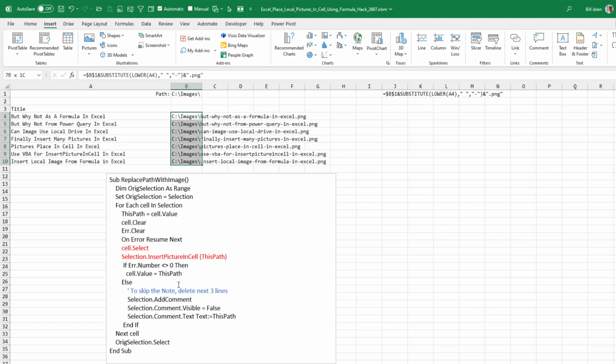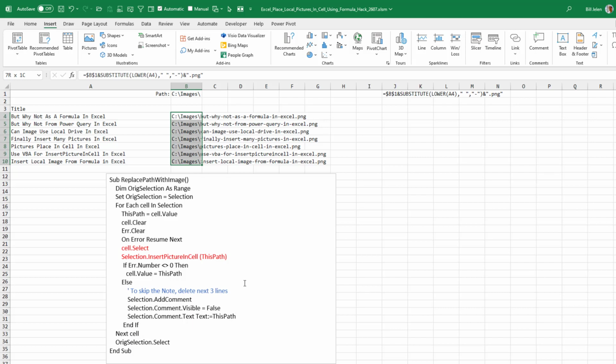So I needed a way to get the image path out so I could spot check to make sure that they were right. And so in my macro, I have 3 extra lines here where I add a comment, make the comment hidden, and then put the path to the image as the text in the comment.